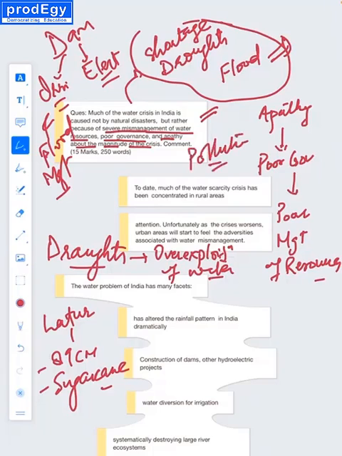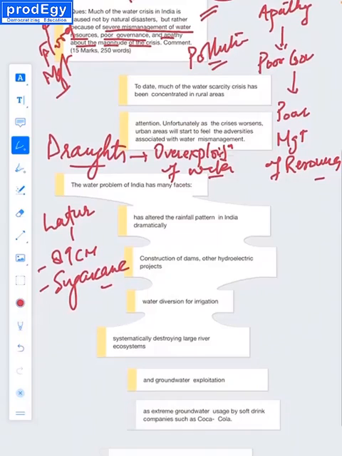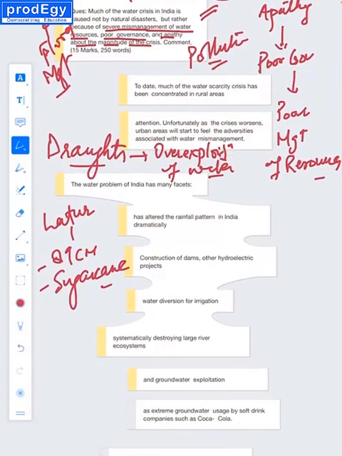Similarly, the pollution of water is because of mismanagement, because of absence of governing architectures. And therefore, you have to mention all these things in your answer and then suggest how these problems can be removed. So you have to mention that